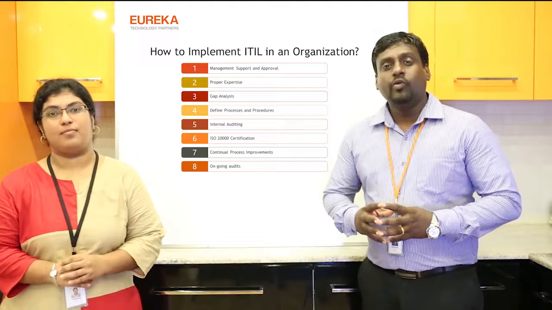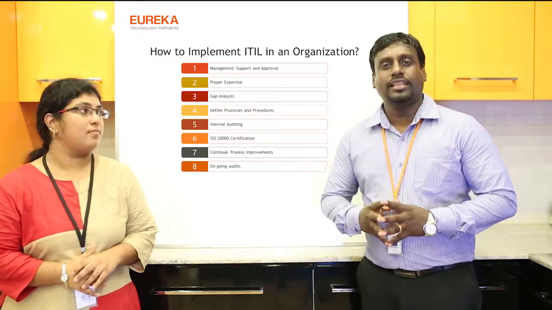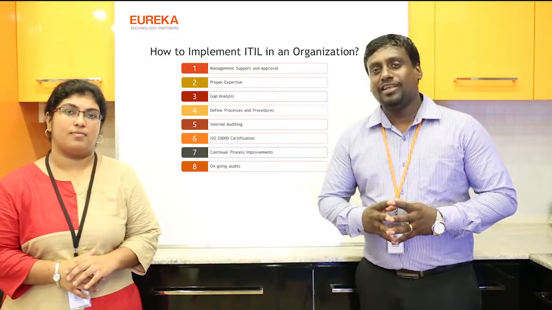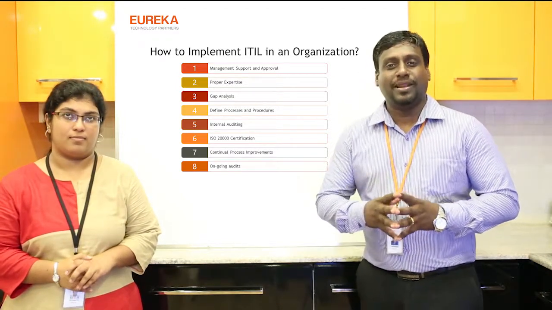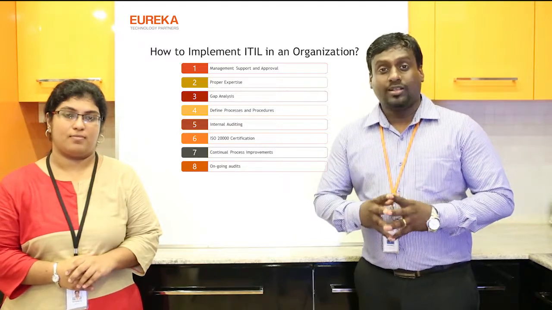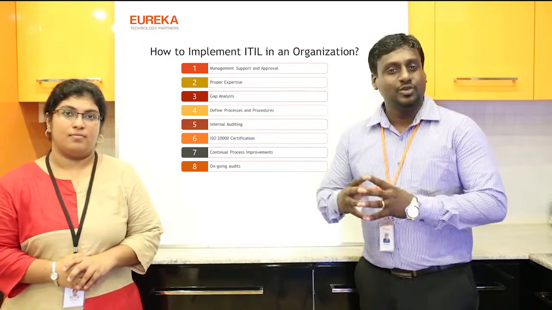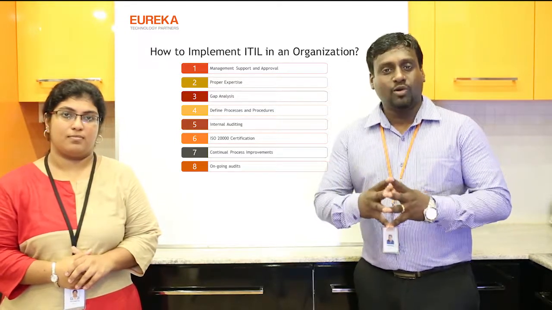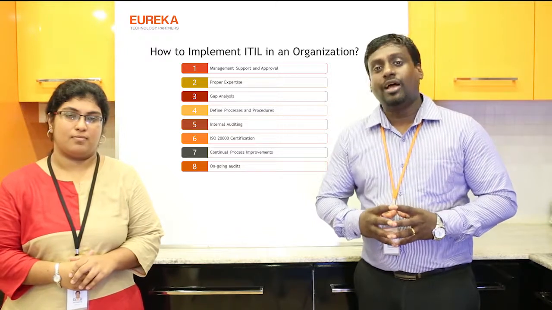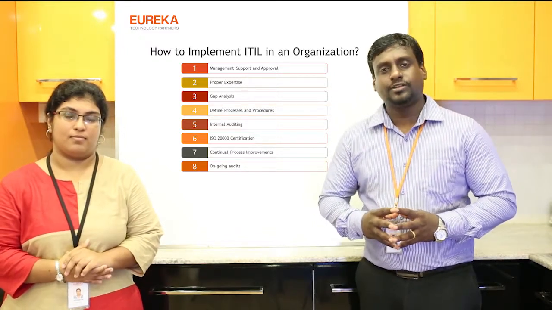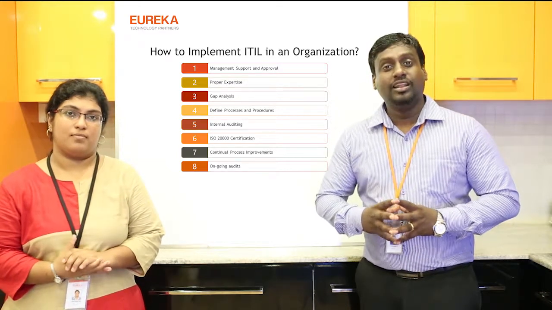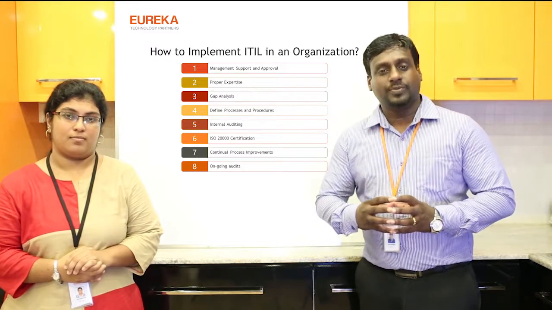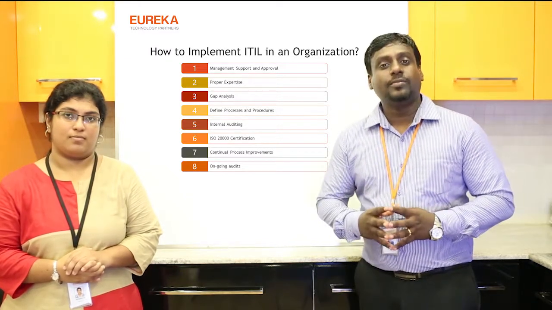So now we can see how we can start this in your organization, how we can implement this process in your organization. Yeah. You have to have management buy-in. You have to get management approval. So you have to go and tell them what processes should be in place, what difficulties you have at the moment in IT service delivery, and how you can get improvement. So when you talk to them and get the approval, then you have to find the expertise. The right expertise should be there with you, behind you, to deliver this process and keep this process in place. So you have to find the right expertise, and certainly we can help you in that process.